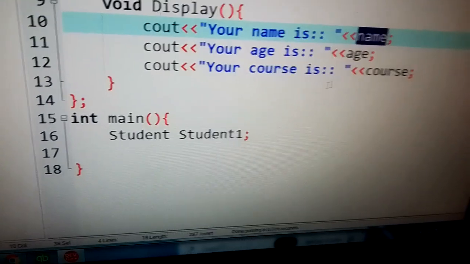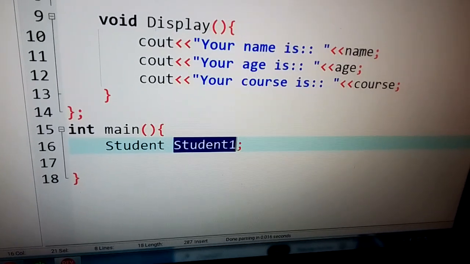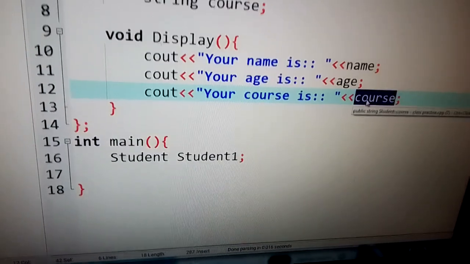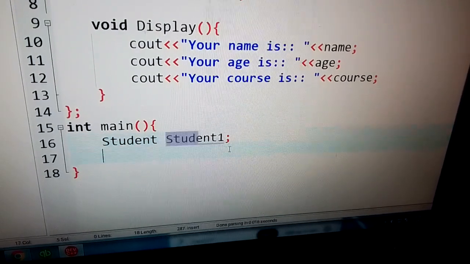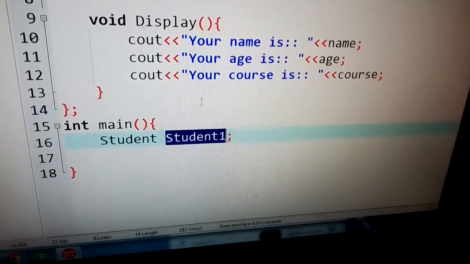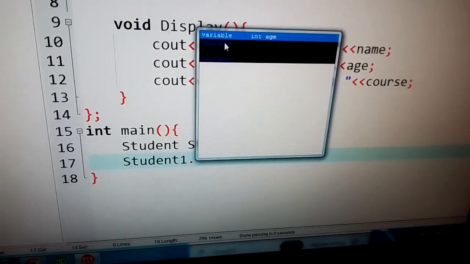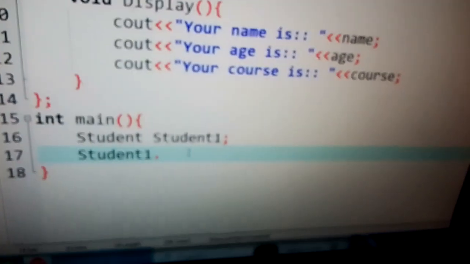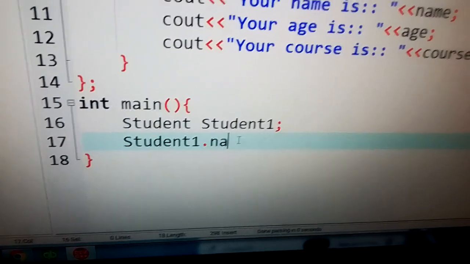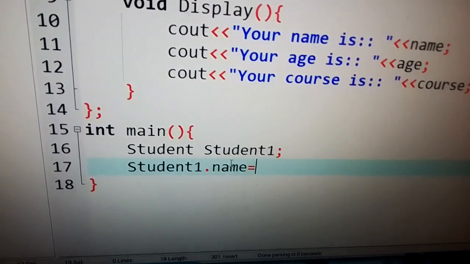So if I want to assign a name for the student, then I'm going to assign a name for an object. Remember, this is the object and these are the attributes of that particular object. So if I want to assign the name of the student, I will copy student 1 and paste it here. Student 1 dot, and as you can see, there is some information here that wants me to call a variable, but I don't want to use that one. Let me just show you. Student 1 dot name,